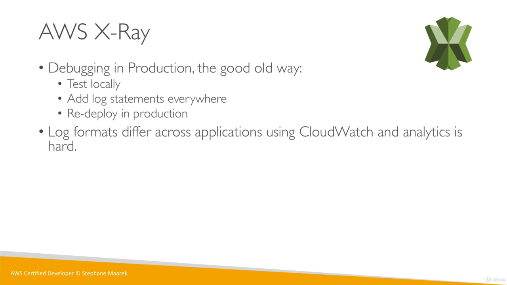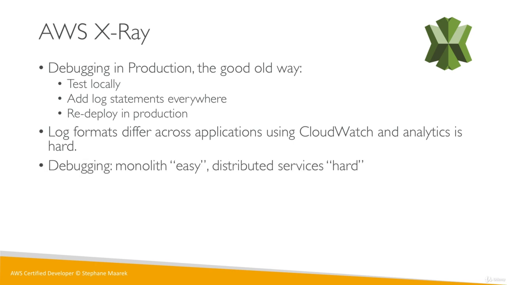And then if you log from different applications to CloudWatch, they all have different formats, and it's really hard to centralize insights, and navigating CloudWatch logs is going to be hard, and analytics on top of it is going to be hard. So if you have a monolith, just one huge application doing everything, it's sort of easy to debug. But if you have distributed services, running 100 microservices in your AWS accounts, it becomes a nightmare. It's really hard to debug what's happening because they all talk to each other, right? So there's no common view of your entire architecture, your entire service map, etc.